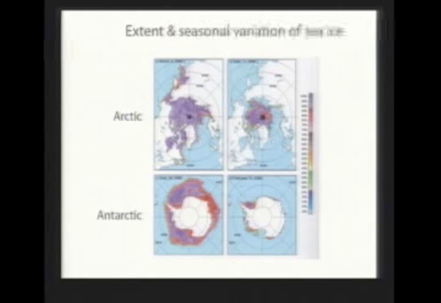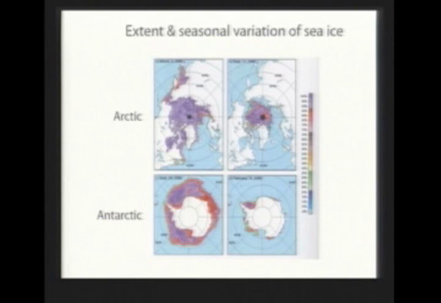Now, to put this in a global perspective, the Antarctic is already in such a seasonal regime, pretty much. In the wintertime, you get this big ring of sea ice surrounding the Antarctic continent, and then by summertime, most of it melts. This is actually the Weddell Sea. This is probably the largest extent of at least persistent summer ice. And actually, that was my first expedition in 1980 when I was an undergraduate at Dartmouth. And I think we were the second expedition to go into the western Weddell Sea since Shackleton, if you've heard of Shackleton's exploits. But the point is that most of the ice disappears in the summertime in the Antarctic,